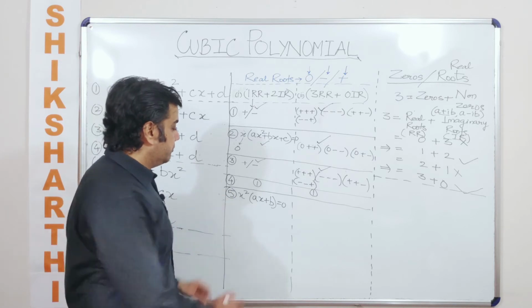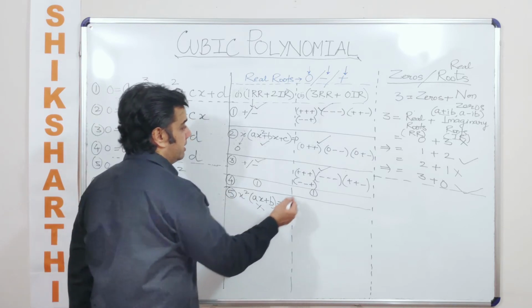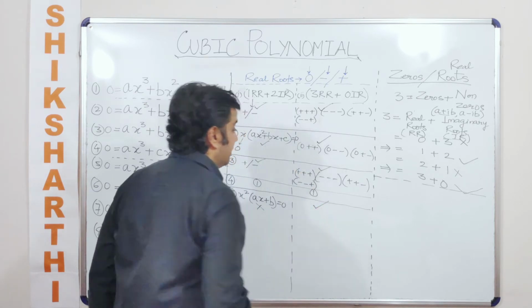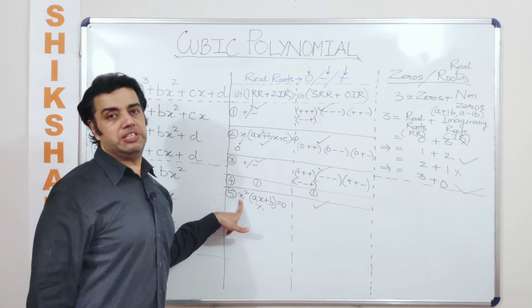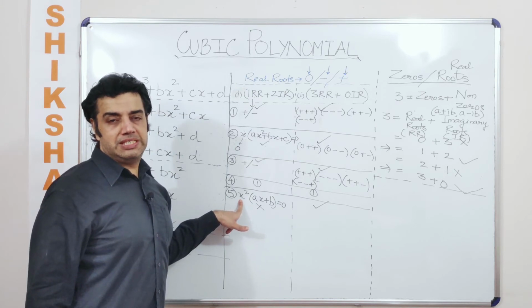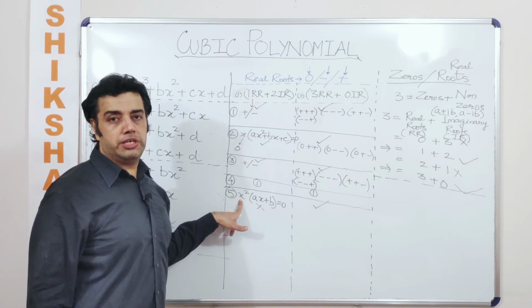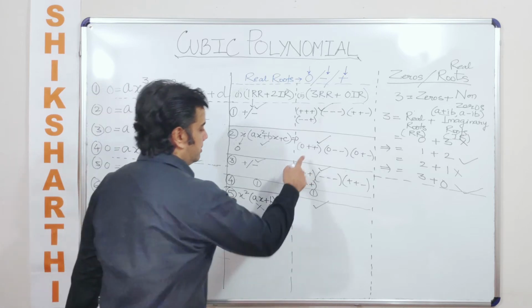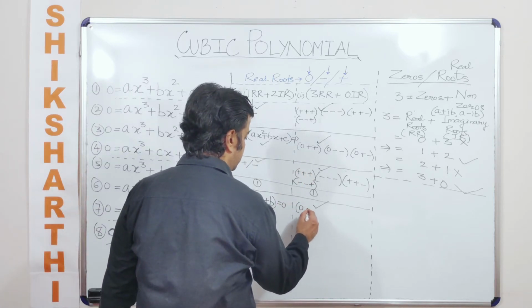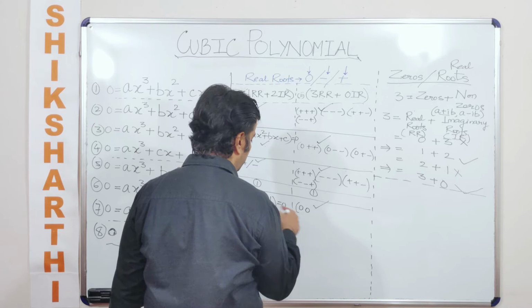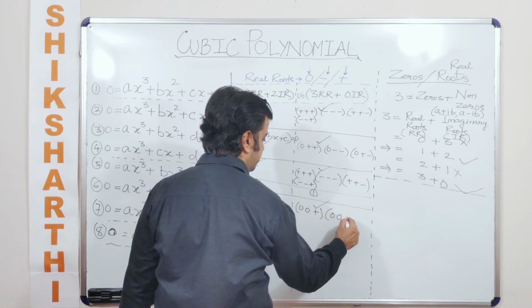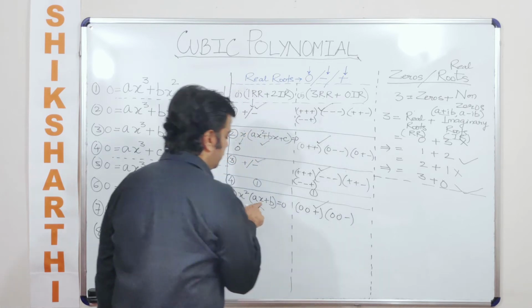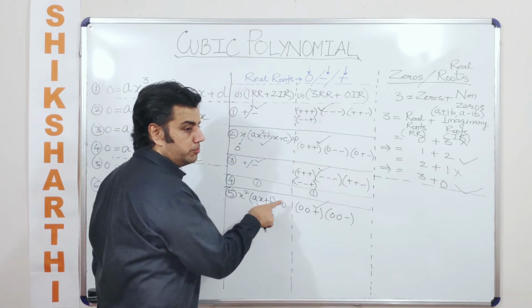And if I am not getting one real root, then how many real roots would I get? So you will have only this case. And why are you only having this case? Because this can be written as x minus 0 into x minus 0, which is just like saying there are 2 roots which are 0, and the third root here may be positive or it may be negative. And the value of the third root will be given by x is equal to minus b by a.